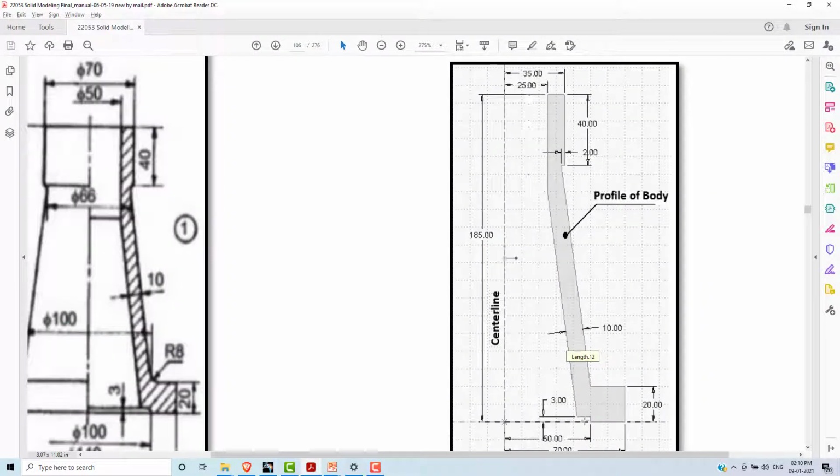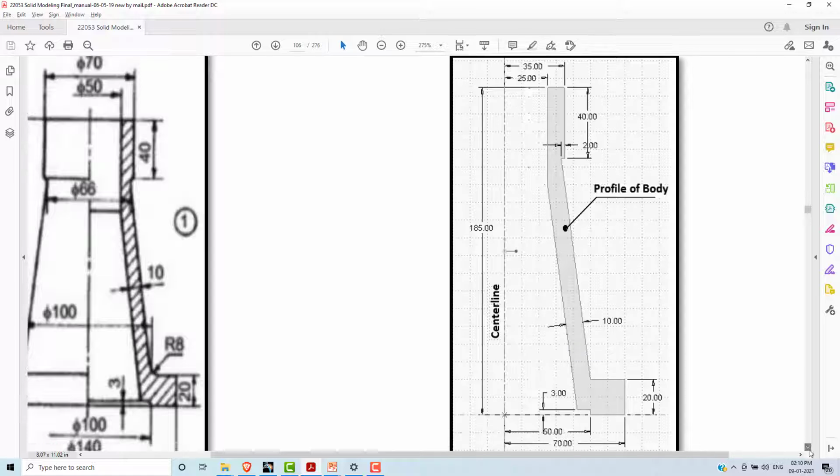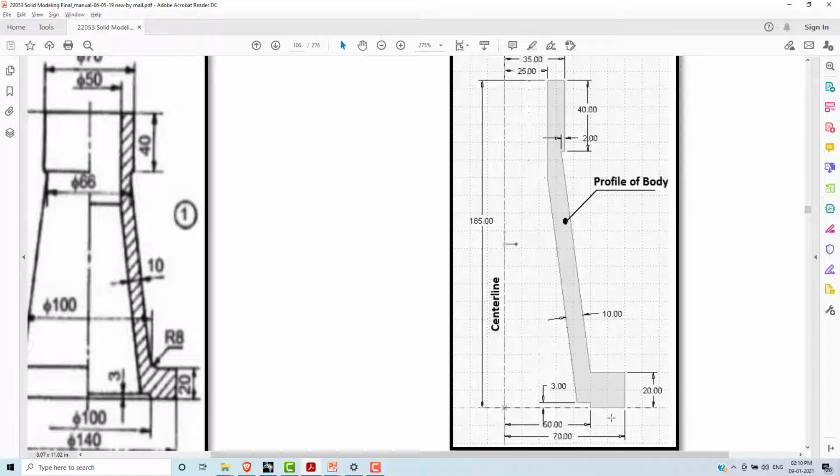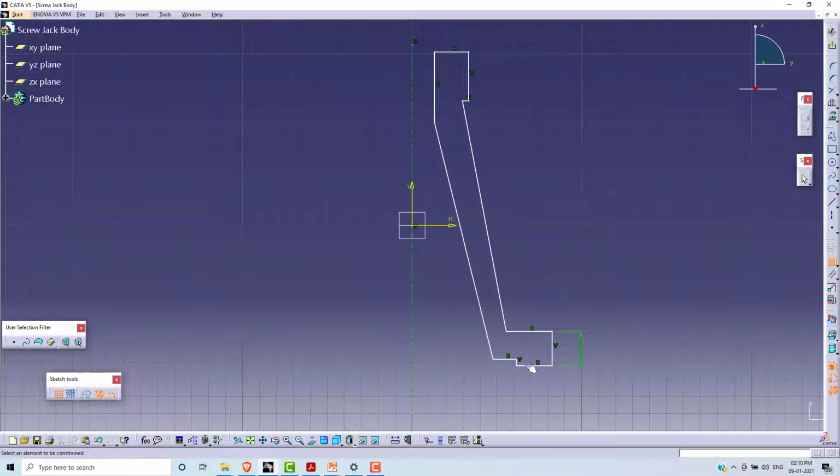Thereafter, this is 50 and this is 70. This is 3. This is 50. And this is 70.